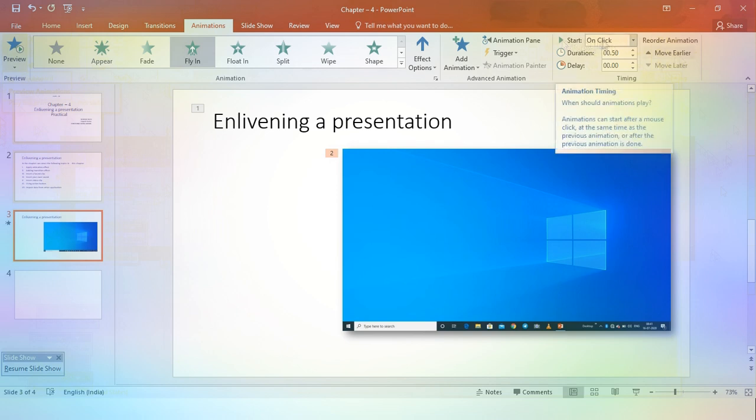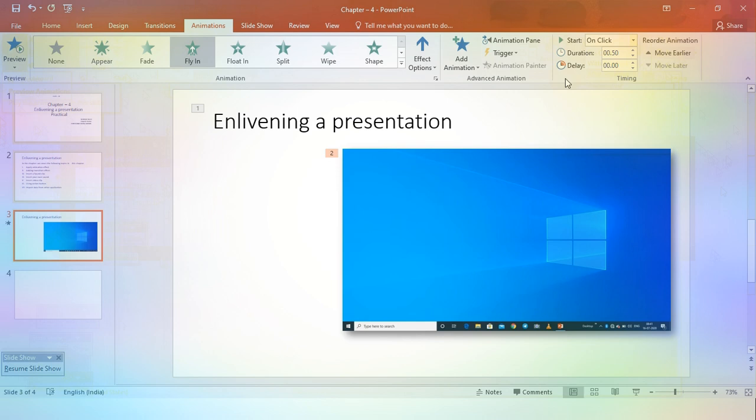This indicates that when you click, the item will appear in your slide, and there are various events as well, like With Previous and After Previous.